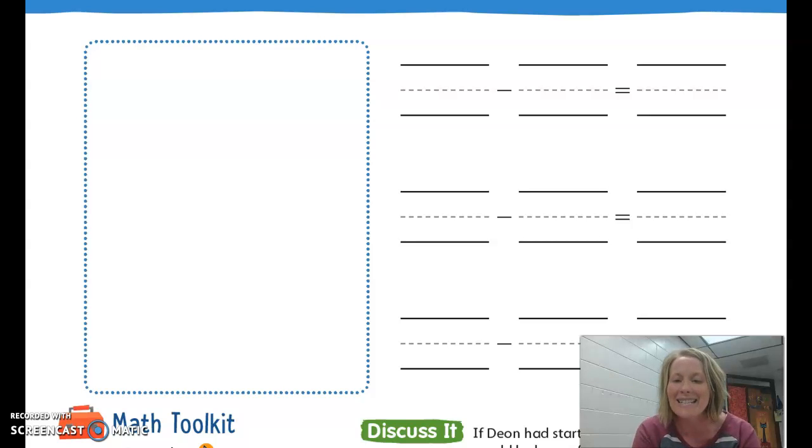All right, today, boys and girls, we are going to be working on take-away problems. On this page, I want you to use your counters. So make sure you have those counters. If you don't have anything to count with, go ahead and draw a picture. All right, so our first problem is